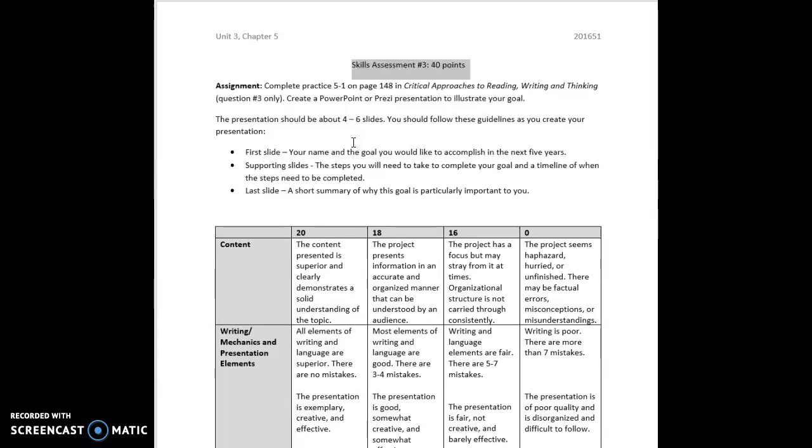Once you've collated all of that information, you're going to create a visual. Could be a PowerPoint, a Prezi, it could be Google Slides, or any presentation software that you choose. And this would illustrate your goal. The content should be following this information here, and you should have about 4 to 6 or so slides in your presentation. So in the first slide, you want to list your name and the goal you would like to accomplish in the next 5 years, and go ahead and give a specific year or date when you plan to